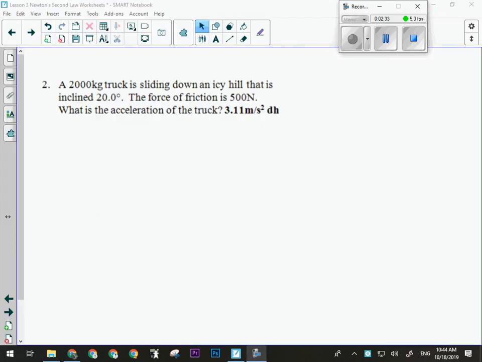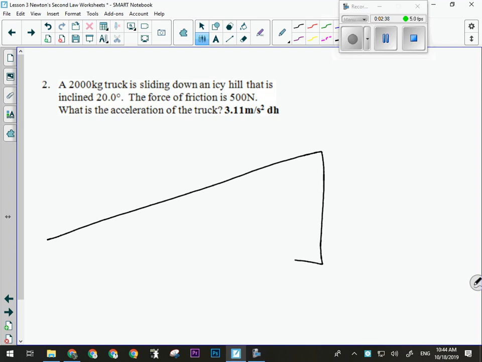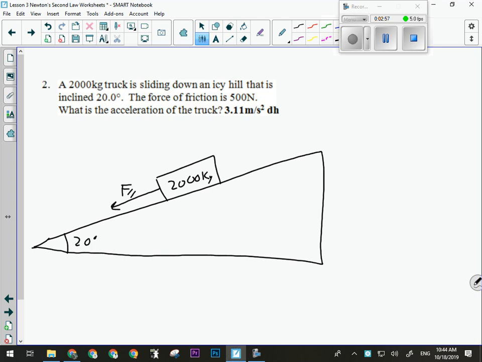Okay, let's look at number 2 here. So we have a 2,000 kilogram truck that's sliding down an icy hill. Okay, so icy hill angled at 20 degrees. Right, so there's our truck. The thing we have to remember about inclined planes is that kind of internal triangle that allows us to calculate the downward component of gravity, okay, or the downhill component of gravity that we call F parallel. Okay, so to do that, we have to remember that gravity, or the force of gravity rather, is the hypotenuse